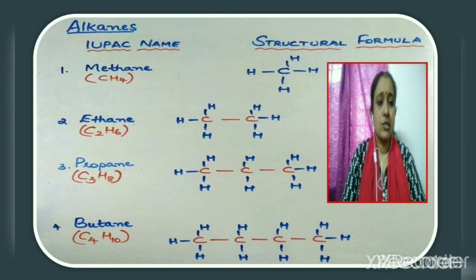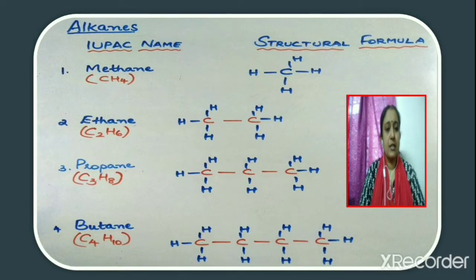Now consider the next member, that is ethane. We know that it is a 2 carbon alkane. So how can we write the structural formula of ethane? Since it is an alkane, join the 2 carbon atoms by a single bond. And after that, take the first carbon. The valency of each carbon atom is 4. Since that carbon is bonded to another carbon atom, one of the valencies is satisfied, and therefore we need to add 3 more hydrogen atoms to that carbon atom.